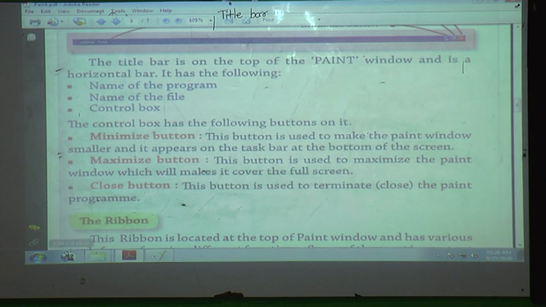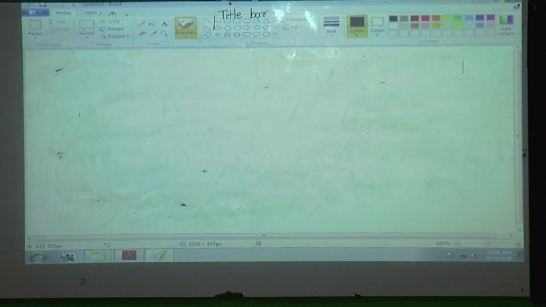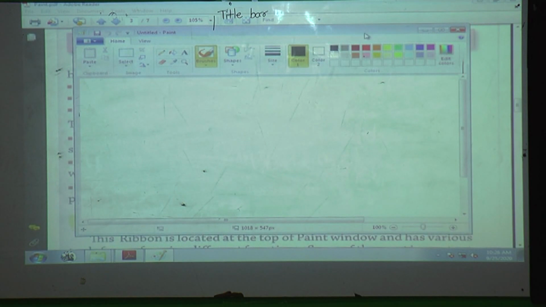Now next one, part of the Paint window is the ribbon. Where is the ribbon? You can see on the upper side, this is called Paint. This first one is the title bar. On the downside you can see this box, I will minimize here.